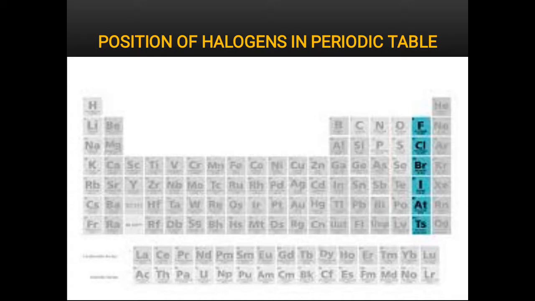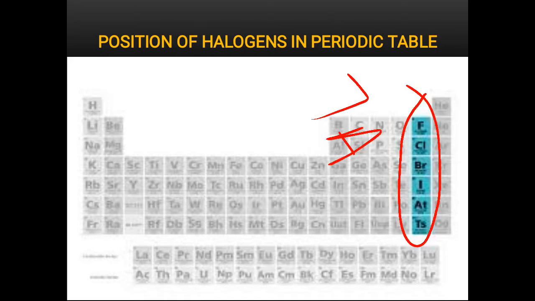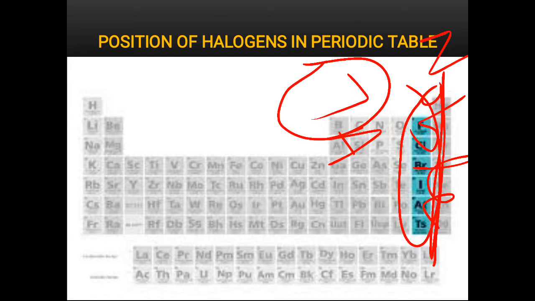The halogens are the elements of group 7A. So halogens are placed between oxygen family and just next to before noble gases. You see the extreme right position is for noble gases and the halogens are just neighbor of noble gases, and by the group number we can also predict that they must be having 7 electrons in their valence shell.